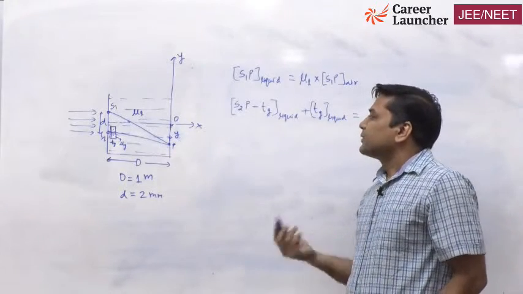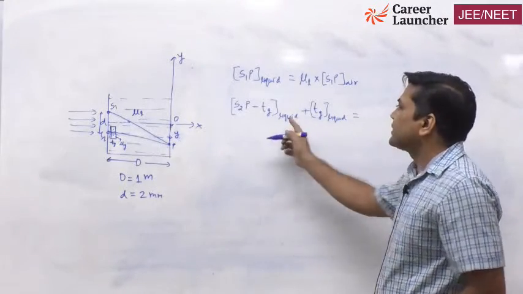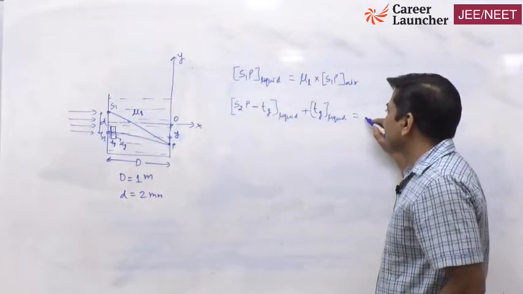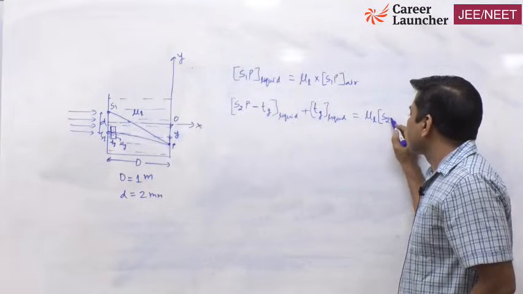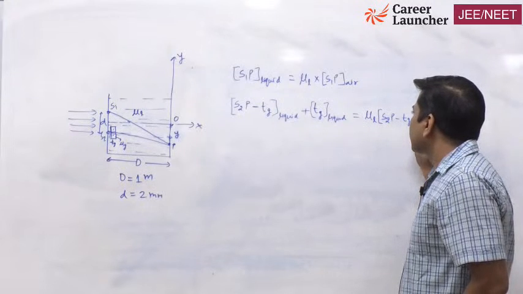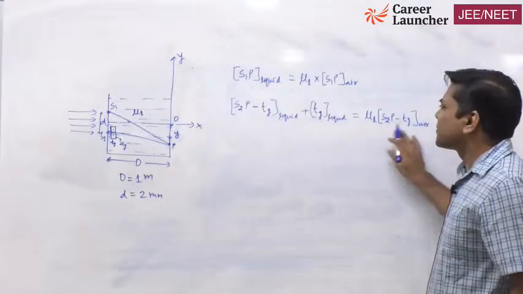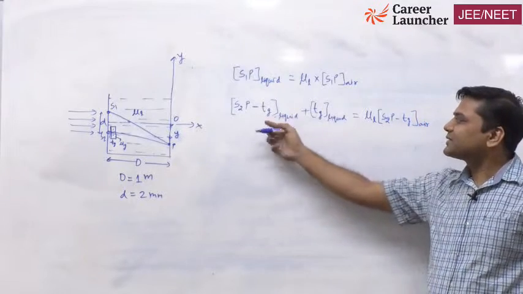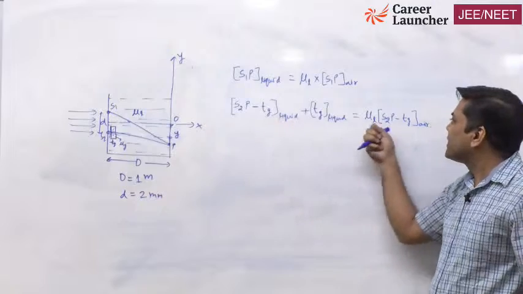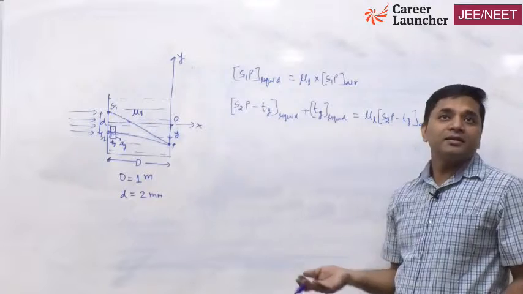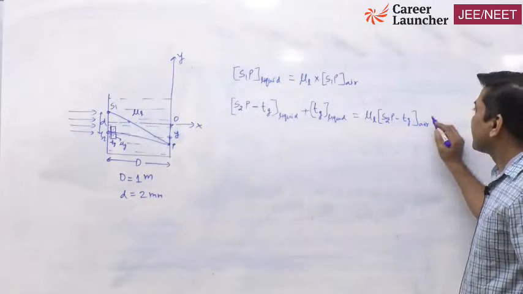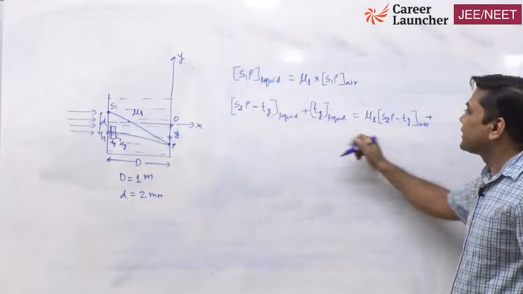So we know what is in air. It will be mu liquid, like I have written, into S2P minus TG in air. It's just a notation, don't get worried about this. To change in liquid, I'll just multiply by mu L. Then I'll tell you which step you should have written directly, not all this. Plus, TG in liquid will be mu G in air, if you are going to keep this in